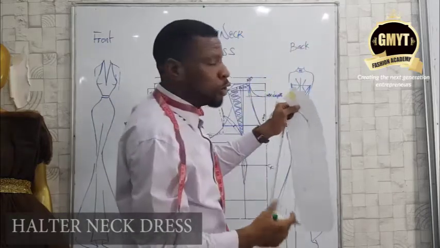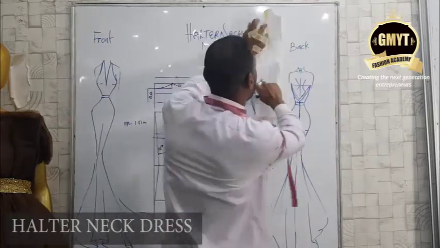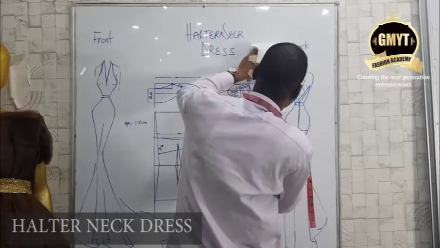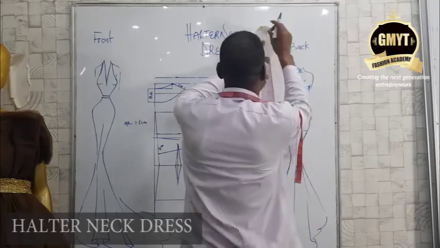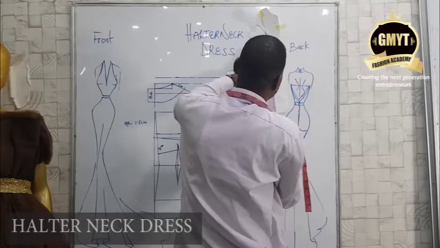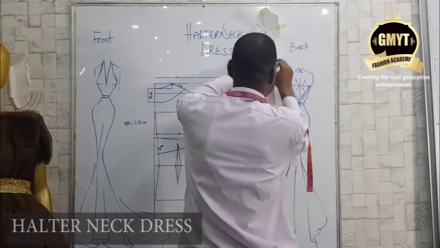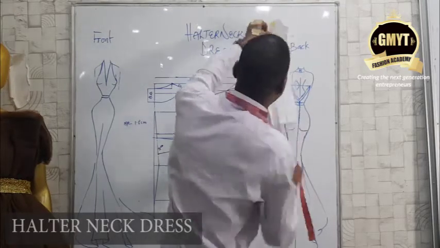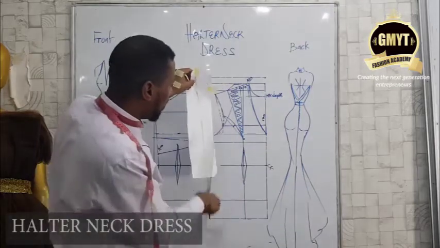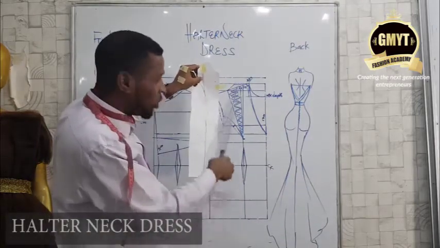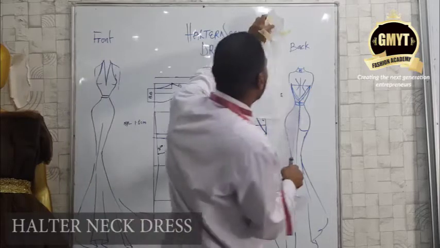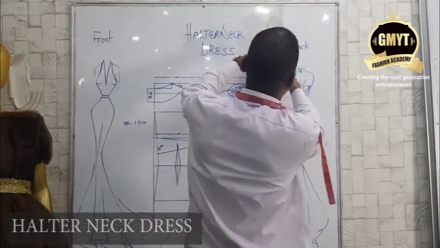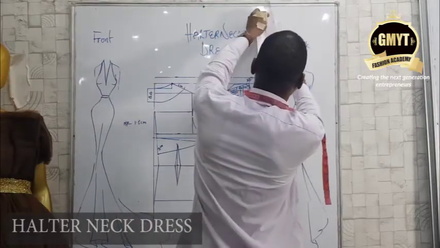now. Because I'm using miniature, it's looking funny, but never mind. So I'll trace this one upward. Now I'm having the same representation with what I have on the board here. That on your dress length, just link it up. Then now create your V-neck line. So I'm creating my V-neck line from